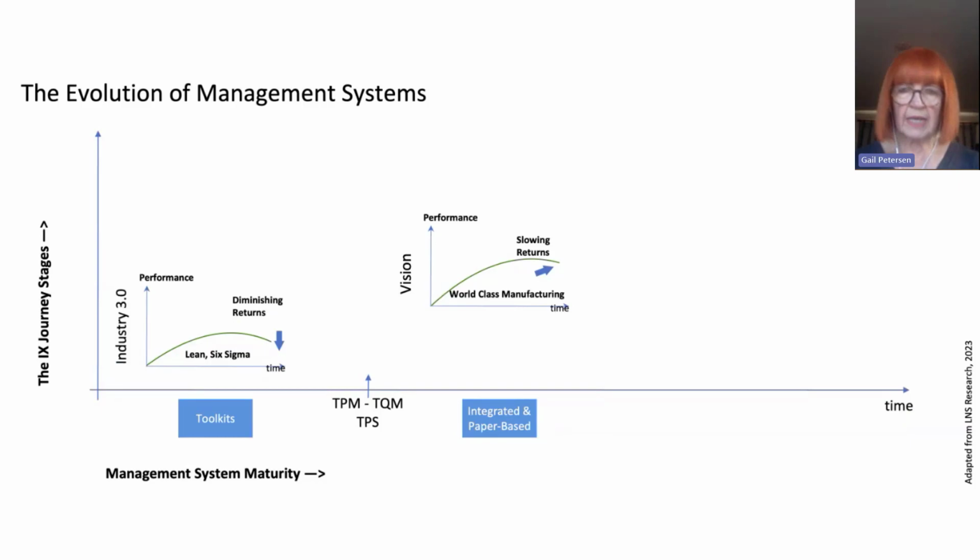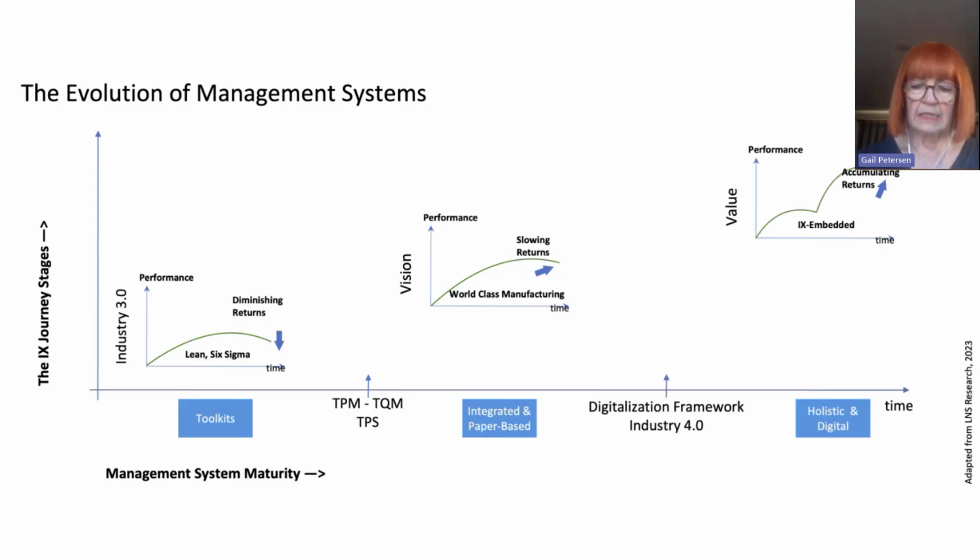So now we're moving from Industry 3.0 to vision with world-class manufacturing. And even so, these fixed processes are too rigid. They're too fixed. They're progressive, they're long-term, but they're externally defined. And total productive maintenance, total quality maintenance, and the Toyota production system are inflexible. They're too rigid. They're not expandable, and they have mixed sources. Next.